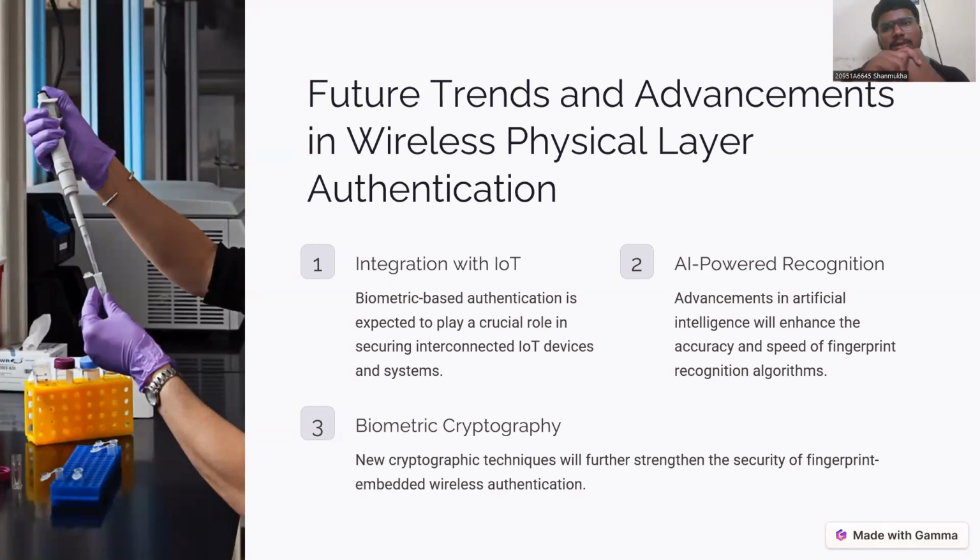To level up IoT applications and ensure security for those implementations, biometric authentication would be very helpful to increase the